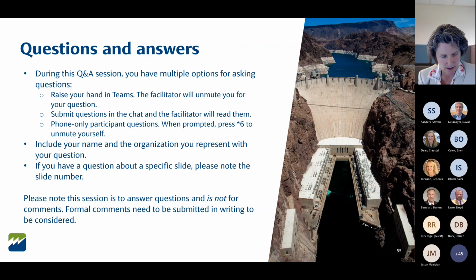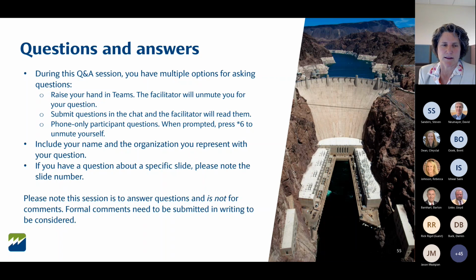During today's question and answer session, there are 3 different options for submitting a question. The first would be to raise your hand in Teams, which is the hand at the top that says raise, and our facilitator, Parker Wicks, will proceed sequentially through those questions as they arise. You can also submit questions in the chat, and Parker will read those and we will answer them as they arise. Once we go through those 2 types of questions, we will accept questions from phone-in participants. At that time, we will tell you to press *6 and we'll unmute you, and we will take those questions as they come in